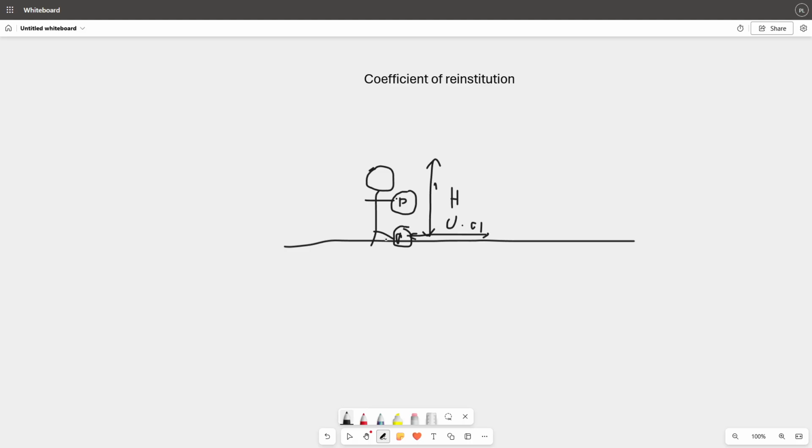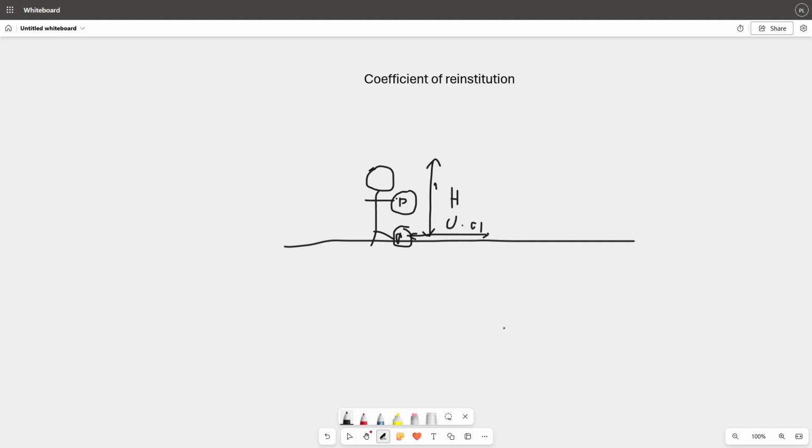So this kind of situation is an example of an elastic collision. An elastic collision is basically when two objects collide with each other and still move after the collision, which means